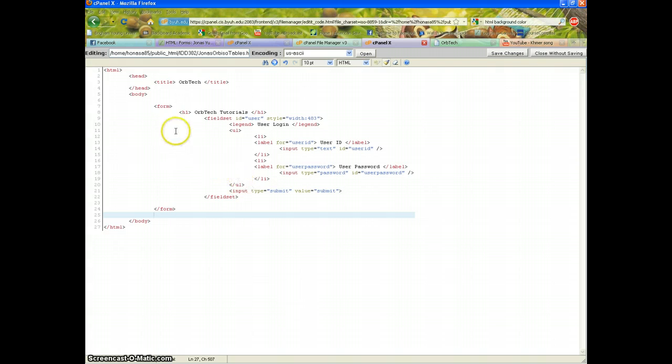I have our previous project open here. This is our form project, and today I will incorporate this form inside a table using HTML. So to start off, we will put our table tag, opening and closing tags right here,